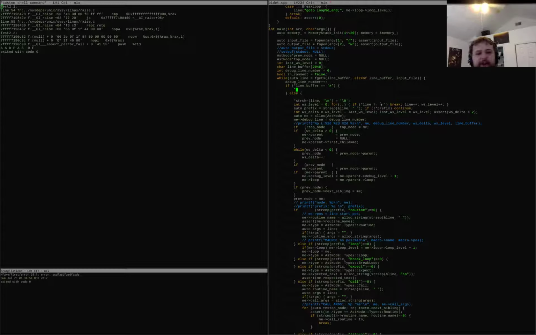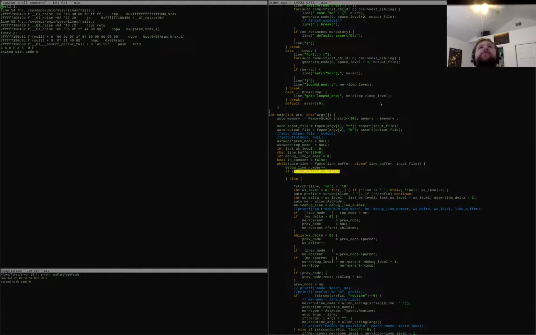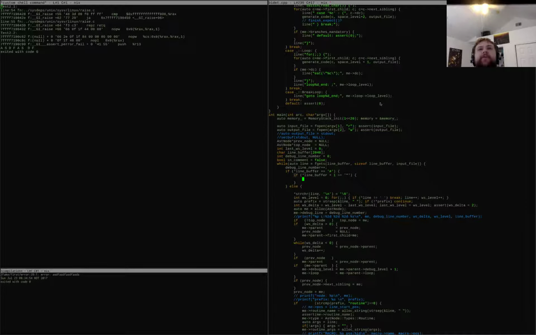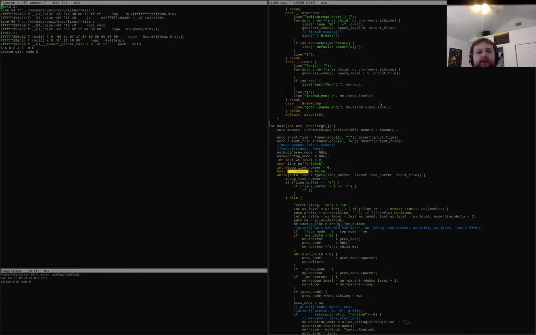I think I'm just gonna do like pound star begins and ends a comment. Okay, so if line buffer +1 is star, then let's go ahead and toggle the comment. So if we're in comment,